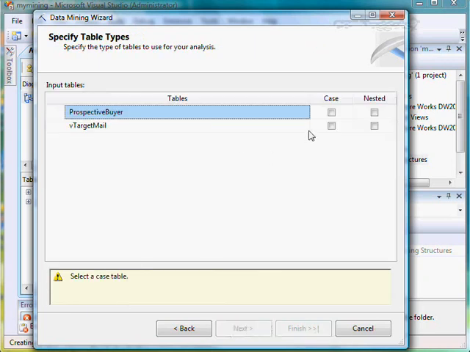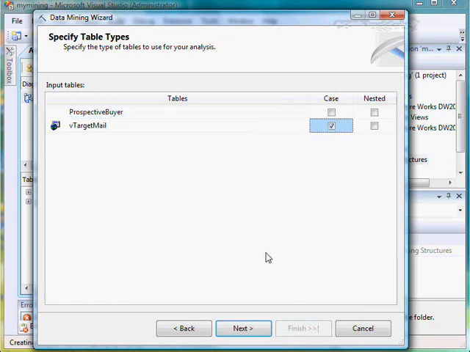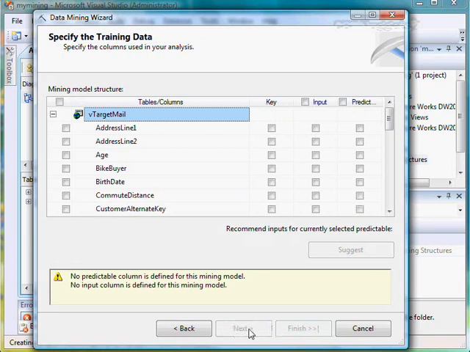And let's focus on this column here that says case. Case simply means which of these tables contains the historic information. Okay, so it's vTarget Mail, and then we'll hit next. And we have 3 columns here. The third one is the predictable column. So what it's asking us here is, out of all these different columns in the table, what column are we